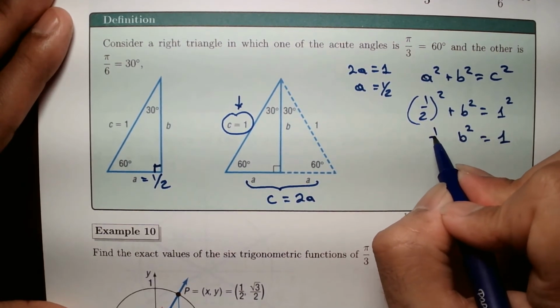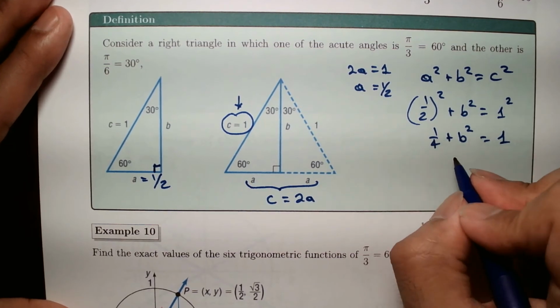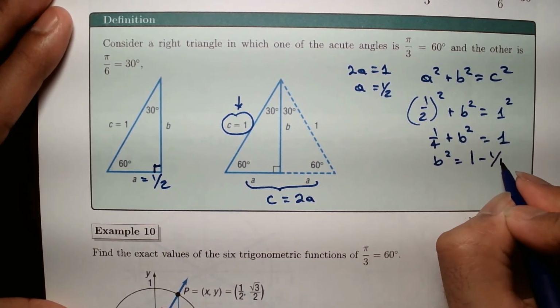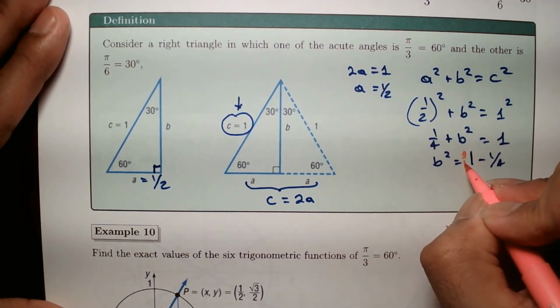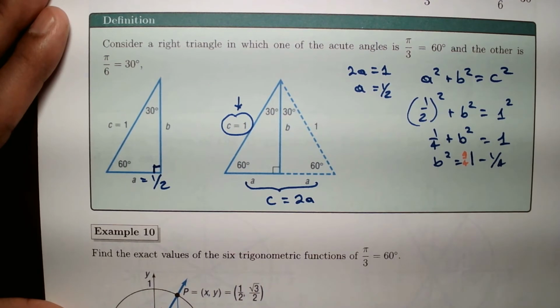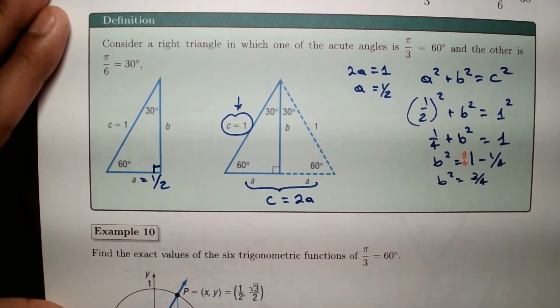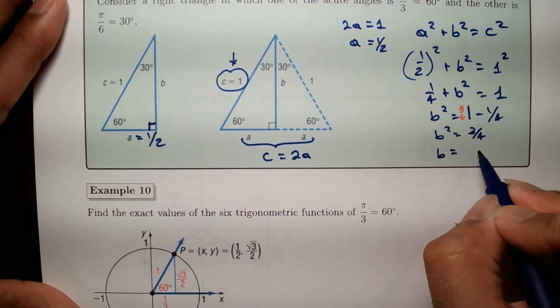1/2 squared, that's 1/4. Solving for B, we get B squared equals 1 minus 1/4. And this is the same as saying 4/4 minus 1/4, that's 3/4. And then when we apply the square root property, B equals the square root of